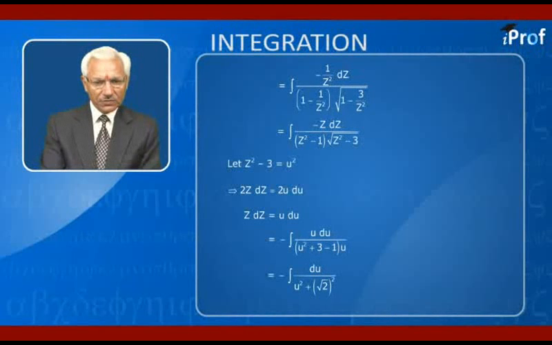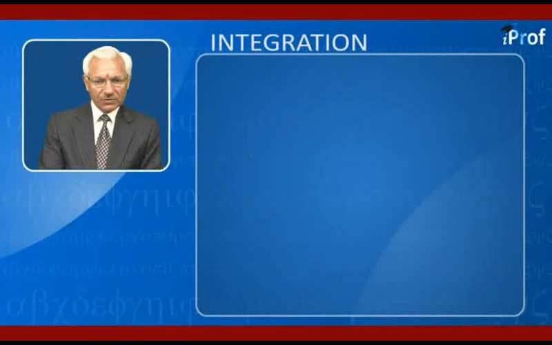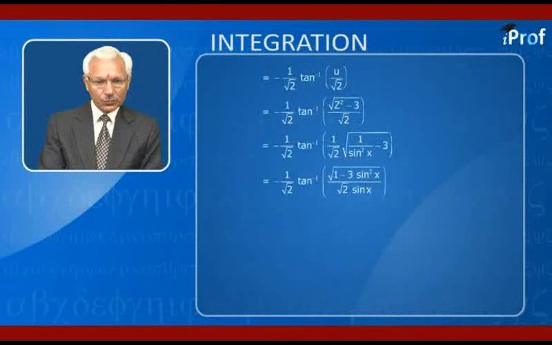We get minus du upon (u square plus root 2 whole square), which is equal to minus 1 upon root 2 times tangent inverse of u by root 2, or minus 1 upon root 2 times tangent inverse of (u is square root of z square minus 3) upon root 2, which further written